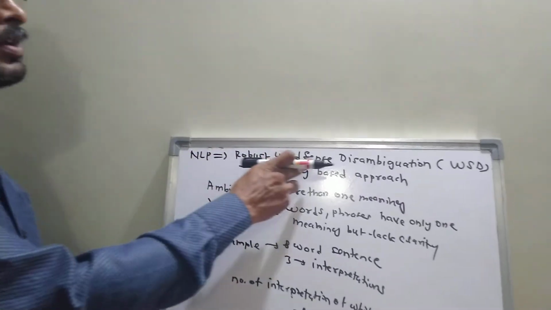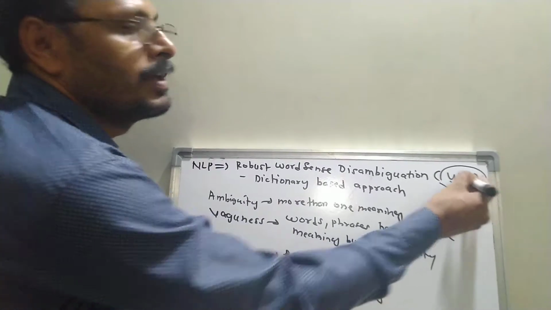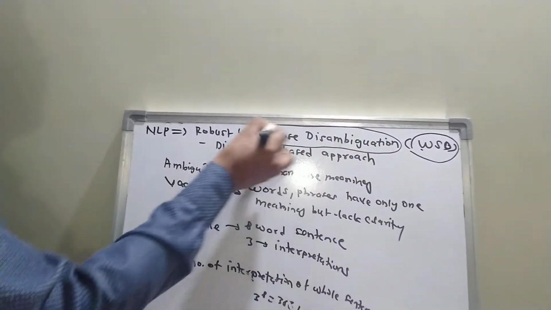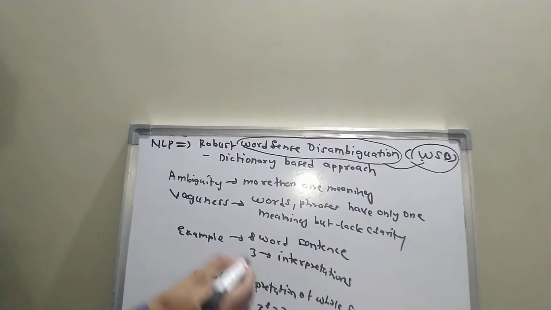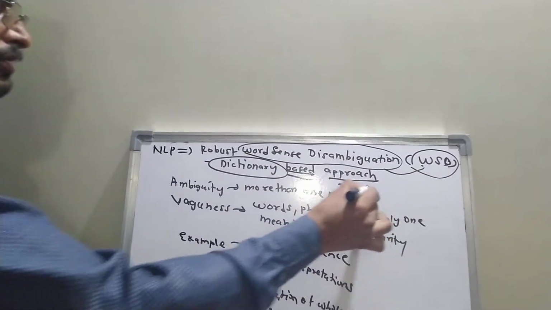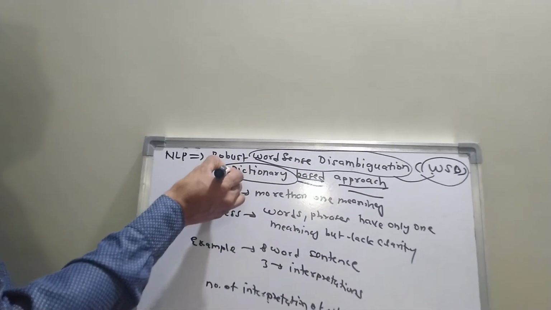the robust word sense disambiguation, that is, WSD. There is always one question on the WSD, that is the robust word disambiguation. So that is equal to WSD. So we will see the dictionary based approach. In the dictionary based approach, the one word we will come across